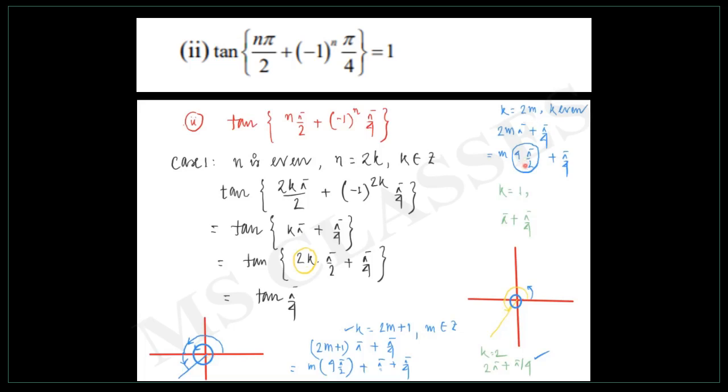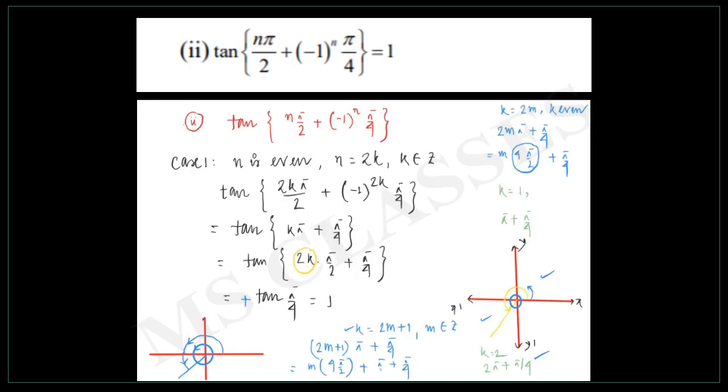So in both the quadrants, tan is positive. So here we give a plus sign. So what we get? It is 1. So when n is even, what we get? The output from this one is 1. Now this is one part. Now what we'll do? We'll take the second part. The second part, what we have when n is odd. Now we'll deal with that part when n is odd.